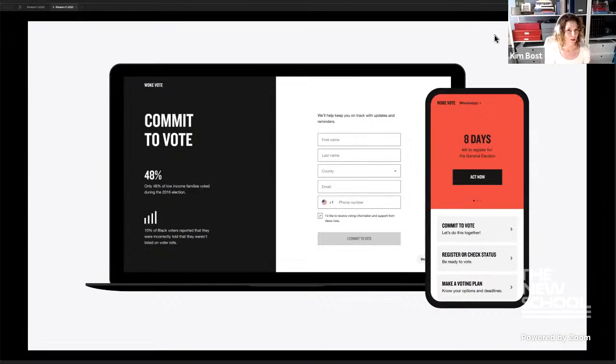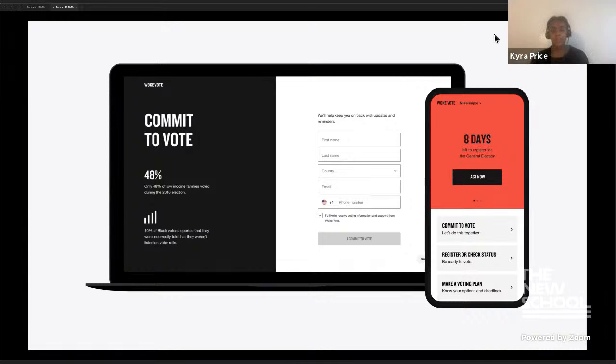Do you want to tell them about Woke Vote, or I can too? Oh, sure. So Woke Vote is really focused on getting people to vote in marginalized communities, places where people aren't just low income communities, things like that. And it was really awesome to be able to work with them and help them through this. This was a very fast project. I think we designed and built it in about 4 weeks. So we were able to